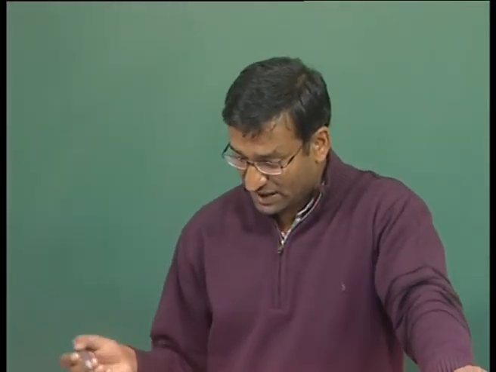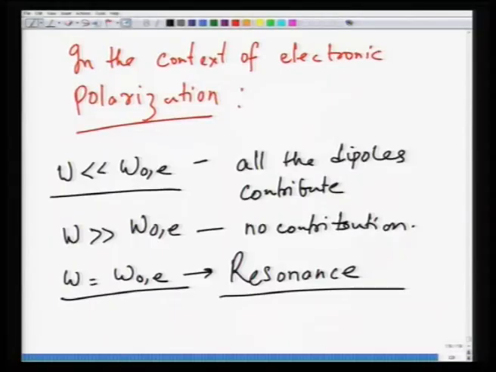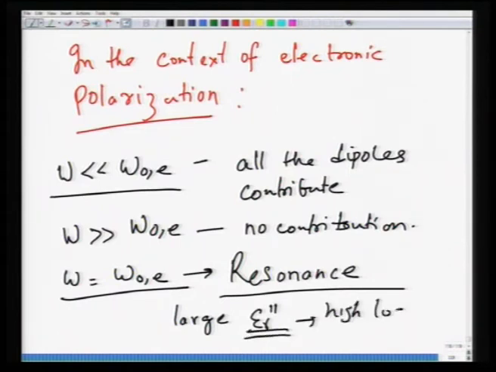So, in such a context, when resonance happens, the charges remain 90° out of phase with the applied field and do not contribute to any dielectric constant, and we witness very high loss as well. So, this is characterized by a large epsilon r double prime because of high losses due to resonance, because they are resonating with the applied field.